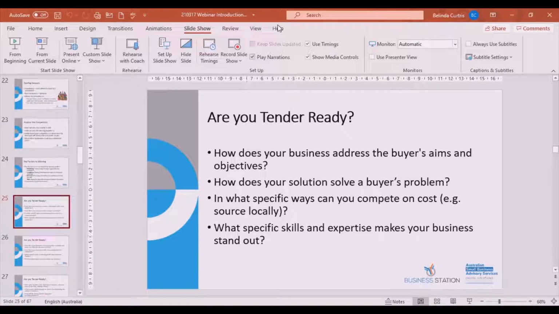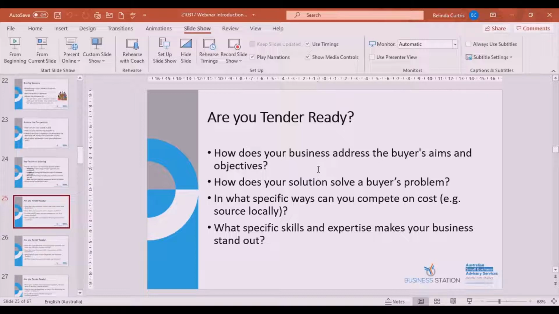The other thing that you need to ask yourself is, are you as an organisation tender ready? So you need to go through and assess your business against the tender requirements to see whether you can meet them. What I encourage my clients to do is work through these questions over the next few slides and jot down some dot points as to whether they're able to meet these or how they would go about answering these types of questions, because these are the sort of things that the buyer is